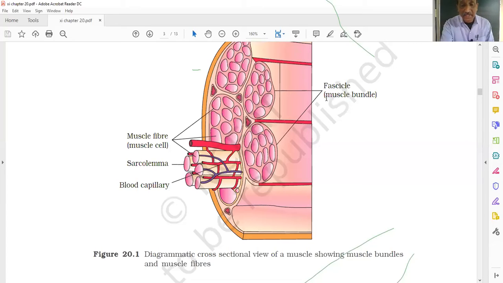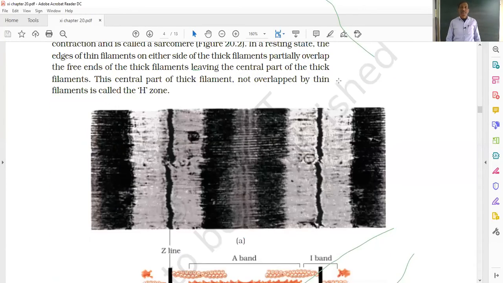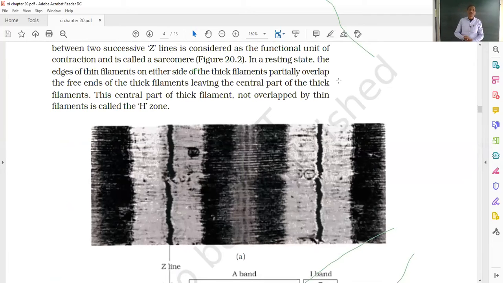Now let us see how the fibers themselves are arranged. That is the ultrastructure of the muscles. If you go a little to this side, the actin and myosin fibers, if you see under the electron microscope, you will find them arranged like this. And this kind of arrangement is because of the two types of fibers found there. This is a Z line and this is another Z line, and the Z line holds actin fibers. So these are the actin fibers, and the actin fibers are thin fibers.